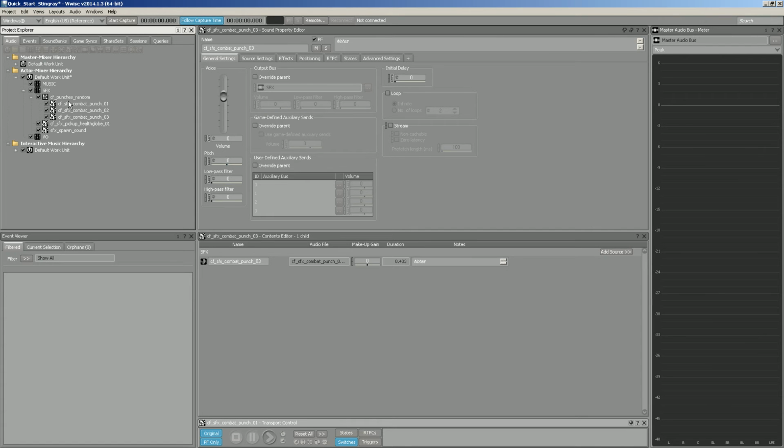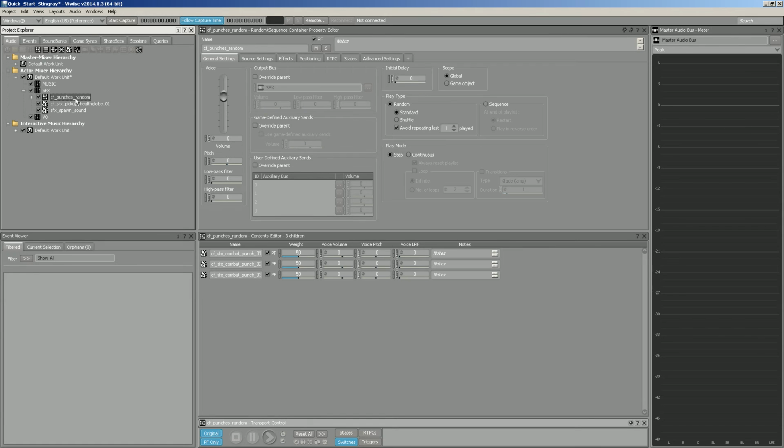If you expand that, you'll see that those audio files are now contained inside of that container. Alright, so now that we have done that, let's create our events. So you import events, and then you import audio files, and then you create events. So let's go ahead and select the CF punches random, and let's go to current selection under the event